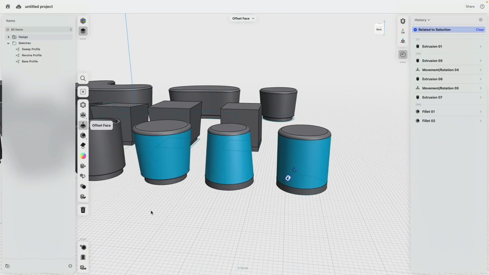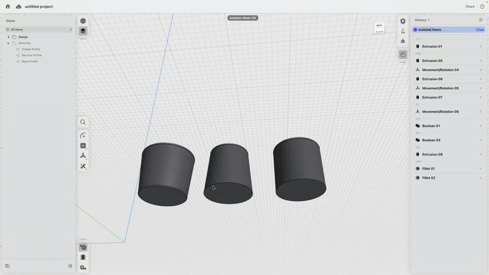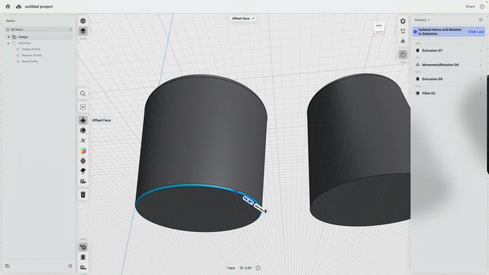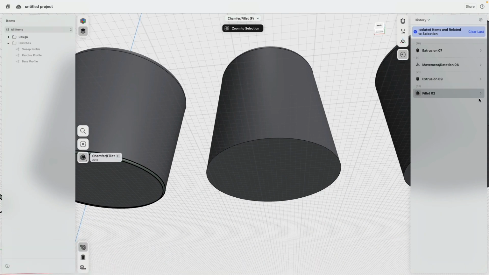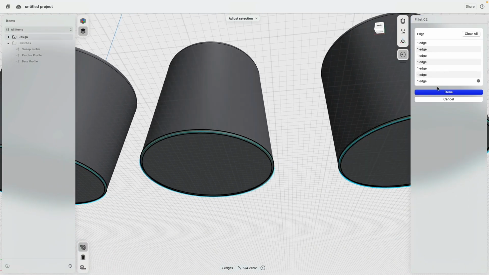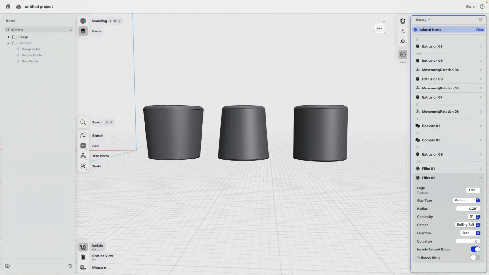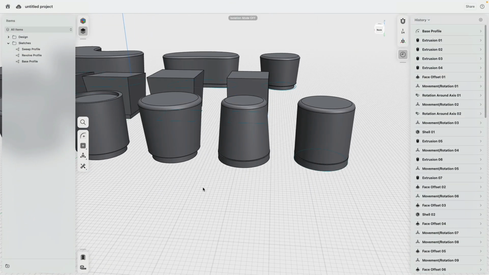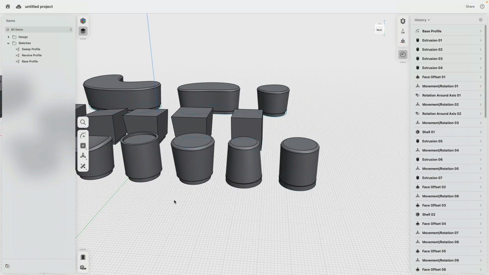Unisolate, isolate there. And then I can select this one and say, hey, edit that fillet. Oh, it's this one. Open it. Please add these edges to it. Thank you. There, done. Now,